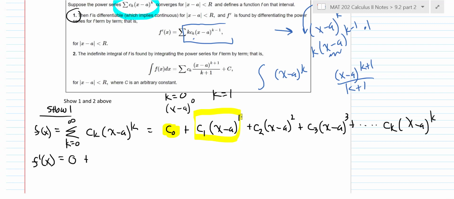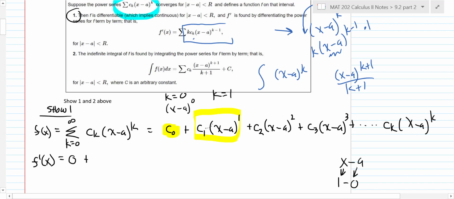You'd write down the constant c, right? If you have a constant, you write it down when you do a derivative. What's the derivative of x minus a to the first? Because that's just x minus a, right? All right. So what's the derivative of x? 1. What's the derivative of 0, or of a? 0. So what I'm saying is this whole thing right here, that derivative is just going to